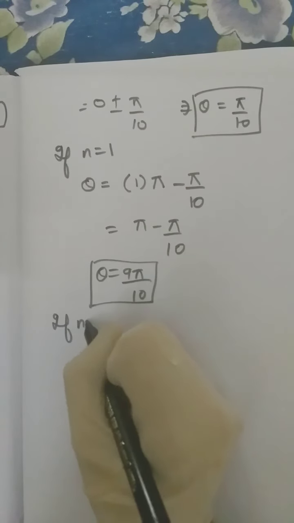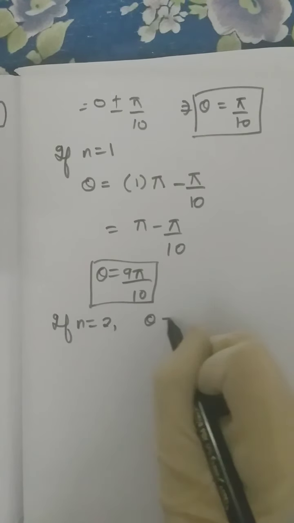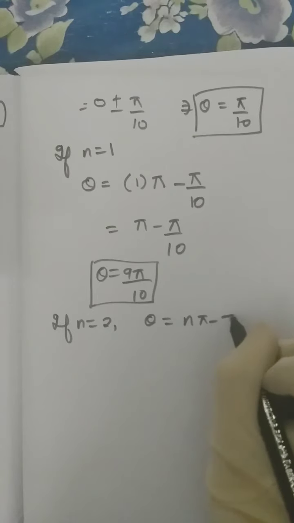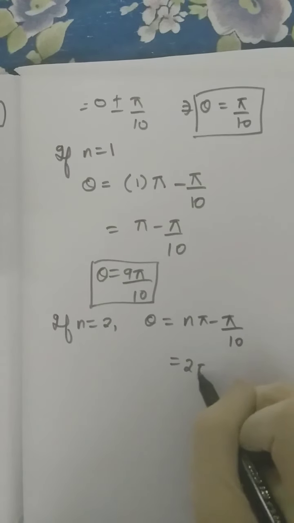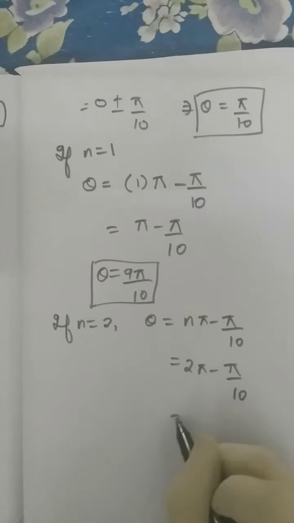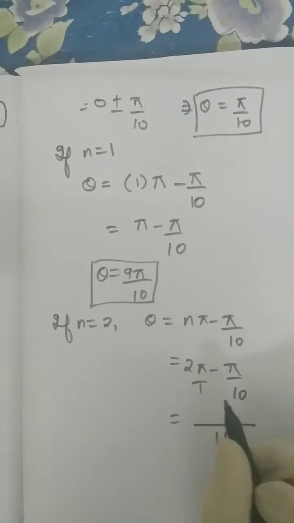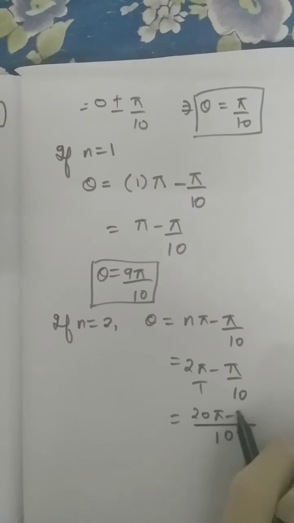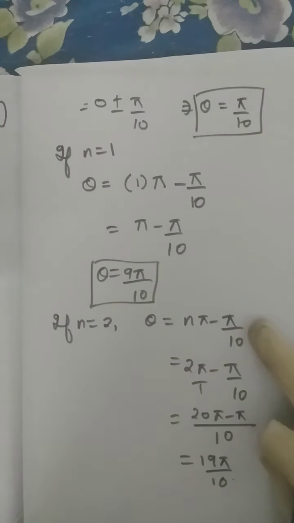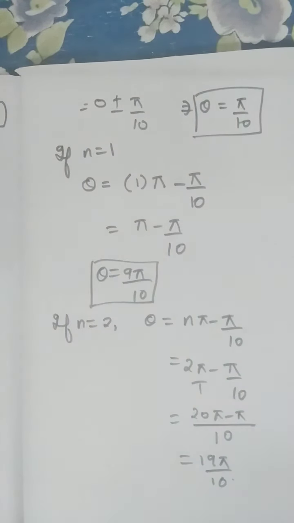Now consider n equals 2. Similarly, here also I will take the value of theta as n pi minus pi by 10. Substitute n as 2: 2 pi minus pi by 10. That is nothing but 20 pi minus pi, that is 19 pi by 10. Now I will not take n equals 2 for theta equals n pi plus pi by 10, because if I take n pi plus pi by 10, I will get 21 pi by 10,